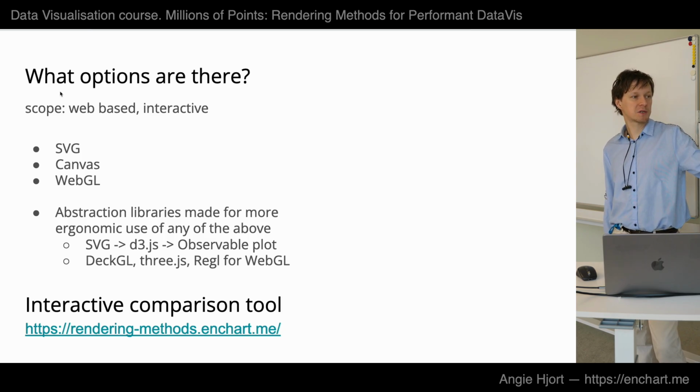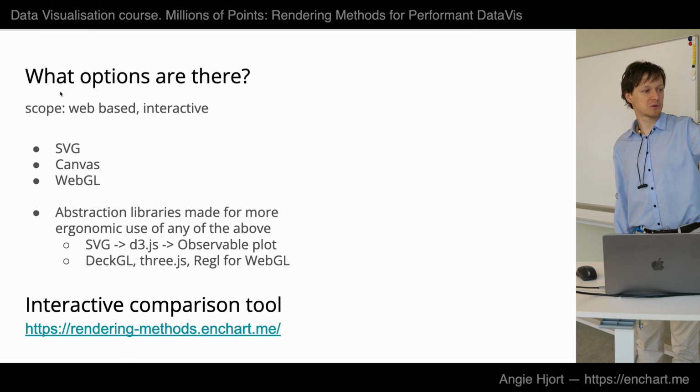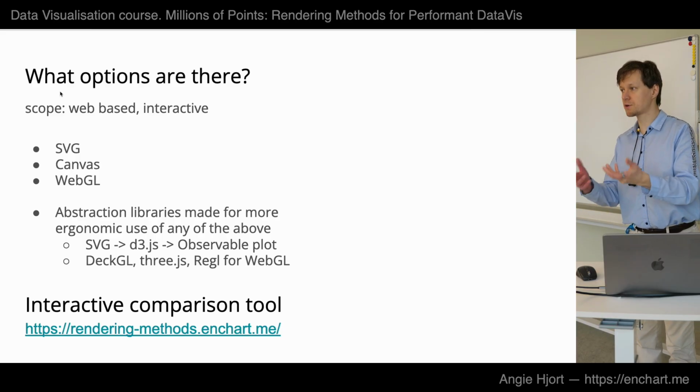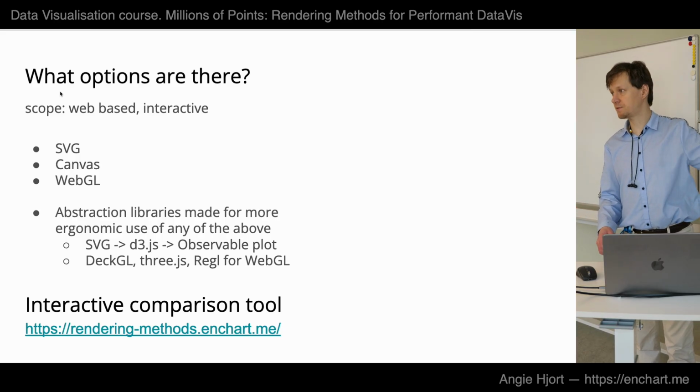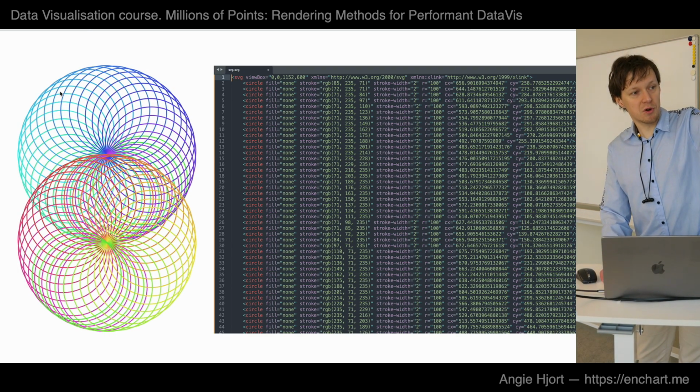And then you have abstraction libraries, because working with any of these three things here will be tedious and time-consuming, and you'll find that you do a lot of manual labor to work with any of them directly. So you have abstraction libraries like d3.js, which provide a user-friendly abstraction on top of SVG, right? The SVG, these circles output,